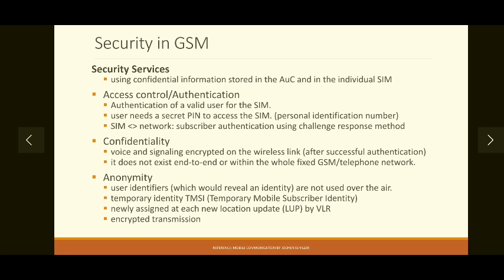Then the last one, that is anonymity, which is another type of security service in GSM. Anonymity means hiding the identity of a user. Users can be identified over a wireless network by primarily two numbers, which are their phone number, that is MSISDN, and IMSI. MSISDN is publicly available because that is required for making a call, but IMSI is not publicly available, but it can be accessed when communication is going on.